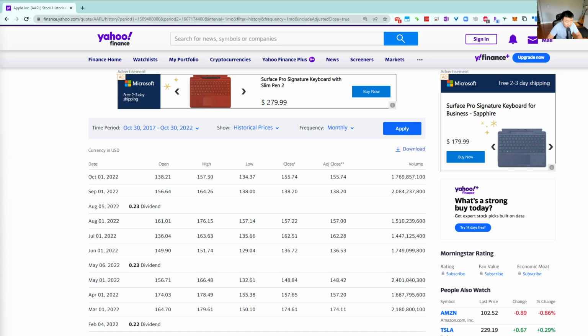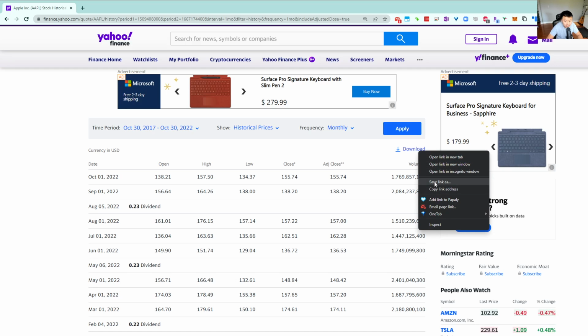Okay, so we have all these done, right? So these are some data. So it seems that we can have some secret codes to get the data. So what I want to do is, instead of hitting download, I want to right click,